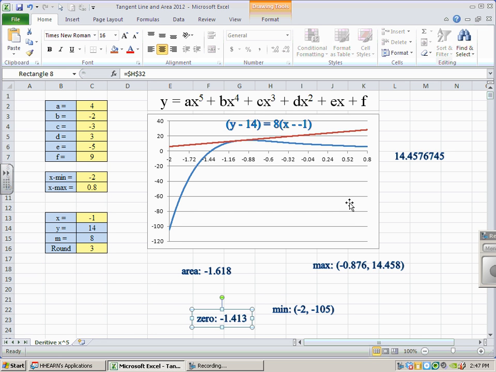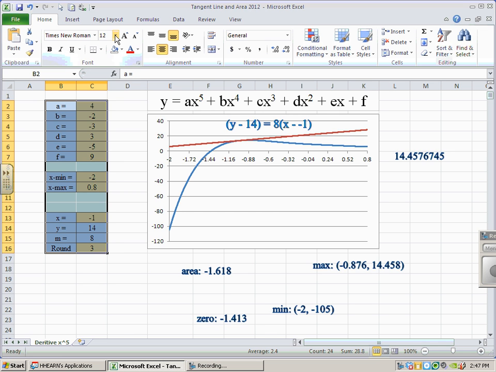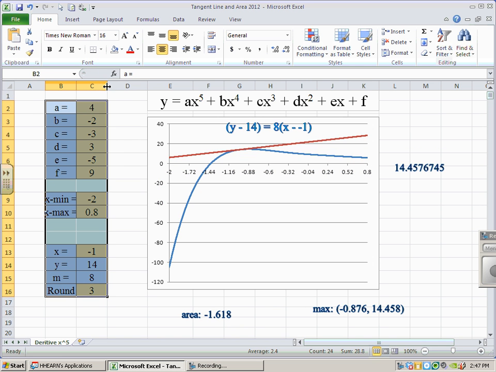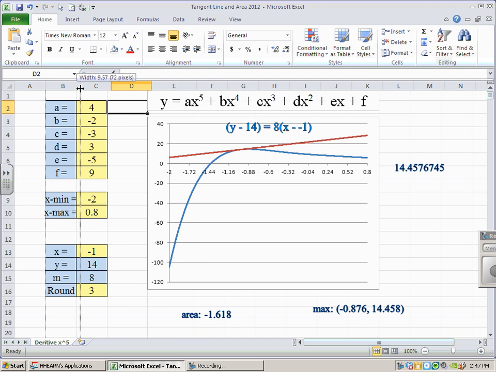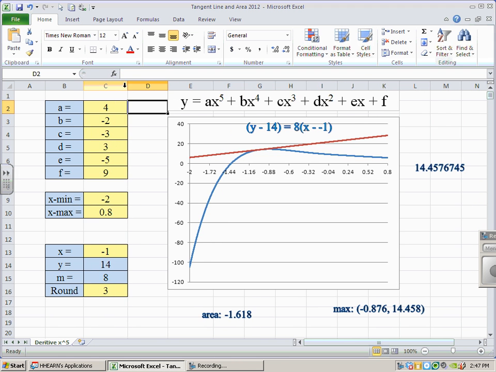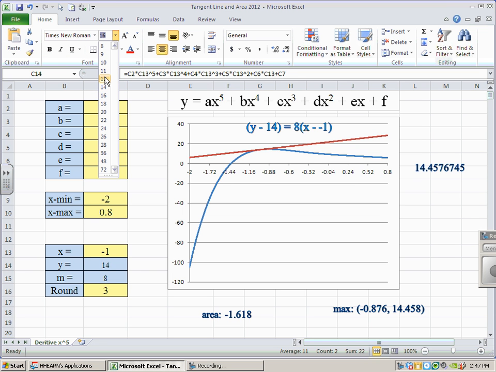So how do I want this to look? If I have this much screen space, I'd like to be using it up, which certainly allows me to adjust my font here. Maybe I'll go to 16. Column B clearly needs to be a little wider. Column C probably needs to be wider, and the one I'm probably most concerned about is this, because I might want a bunch of decimals in here. So I'm going to take these guys and reduce those down to maybe a font of 12 or 11,